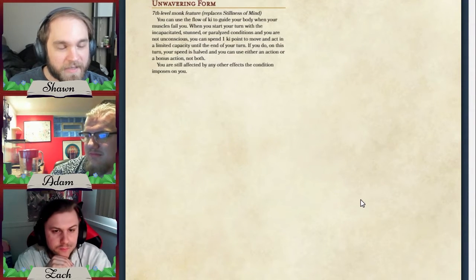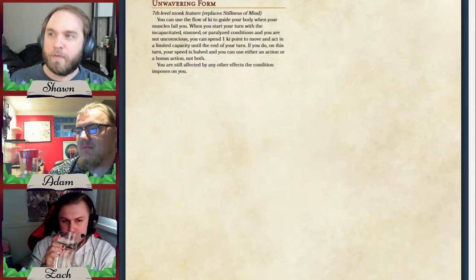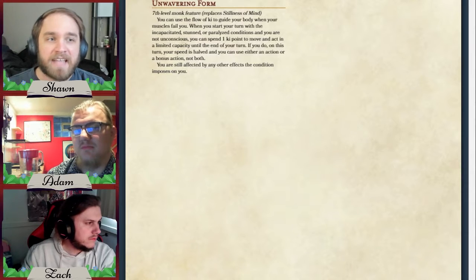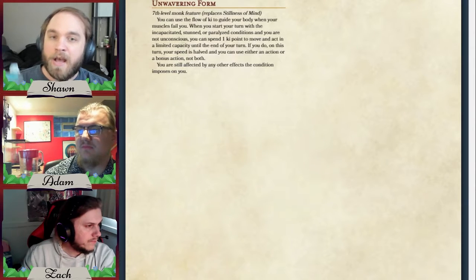It kind of is going to harken back to the fighter with the bonus action thing, but let me go ahead and just read it off. Unwavering Form, 7th level monk feature. Replaces Stillness of Mind. If you don't know, Stillness of Mind is the ability, as an action on your turn, to remove a charmed or frightened effect on yourself. Replacing that with